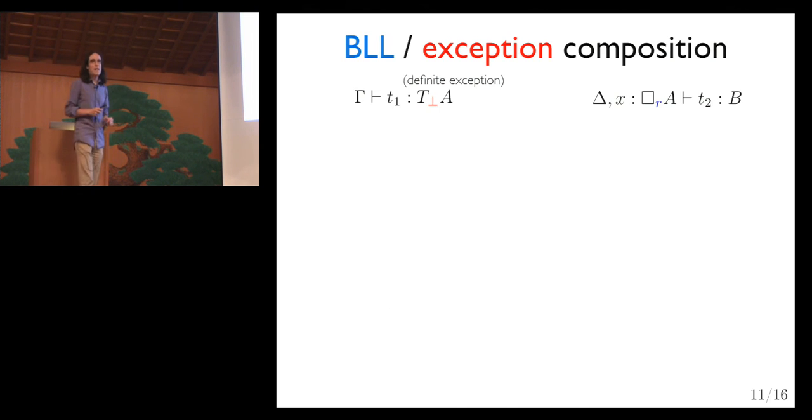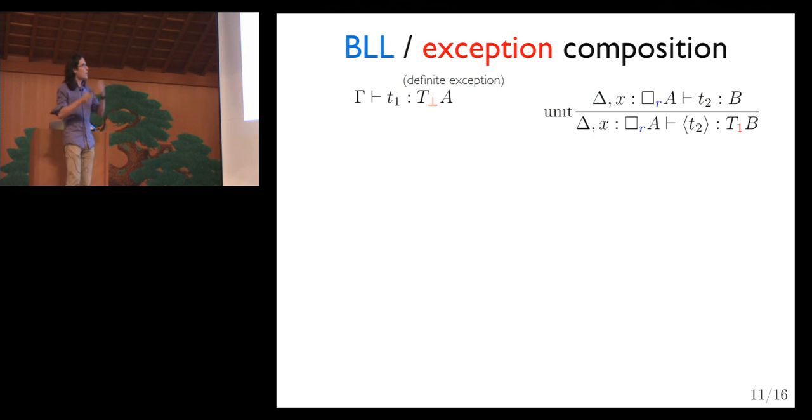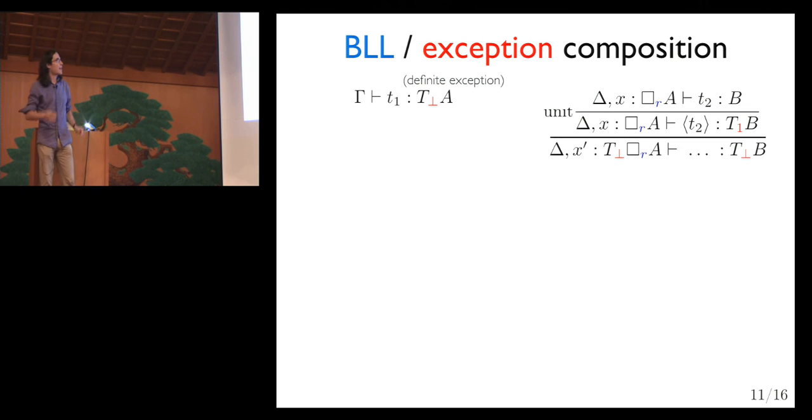So we've got bounded linear logic coeffects, we've got this simple exception effect system, and let's say we've got this program T1, which we know is definitely providing an exception. And inside it's of type A, and we want to compose this with a program T2 along this free variable x, which is saying I need r copies of something of type A. Now on the right-hand side, we can do a bit of manipulation. I won't show you all the syntax because it's a bit technical, but we can basically lift it up to take an effectful computation with an exception, and we know with exceptions that this just gets passed through.